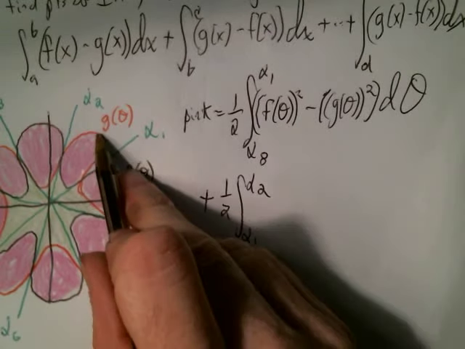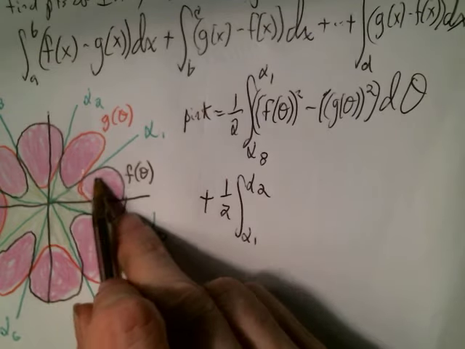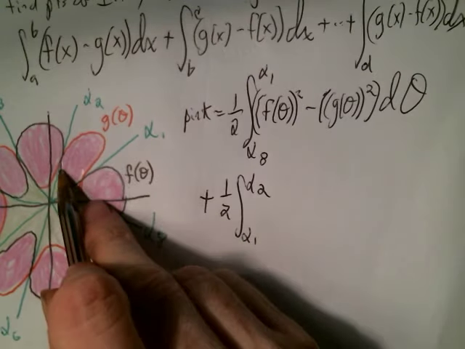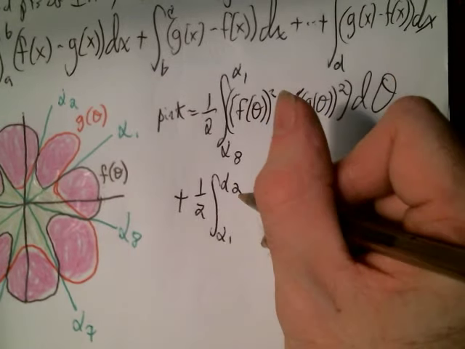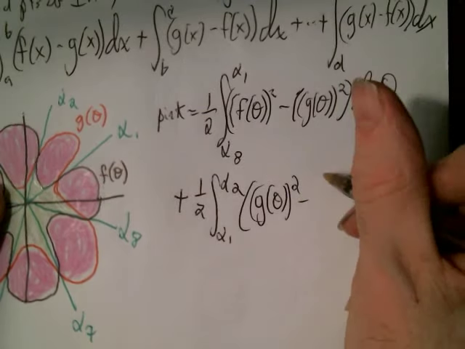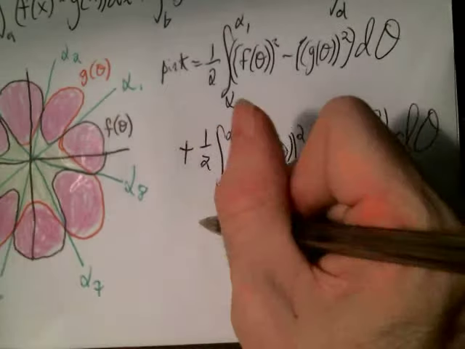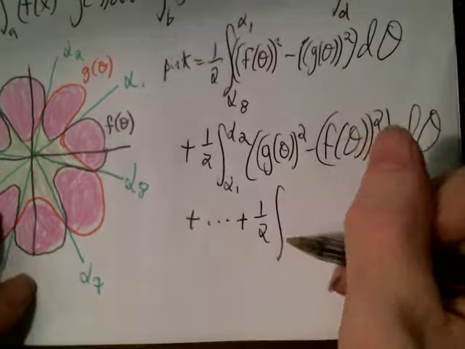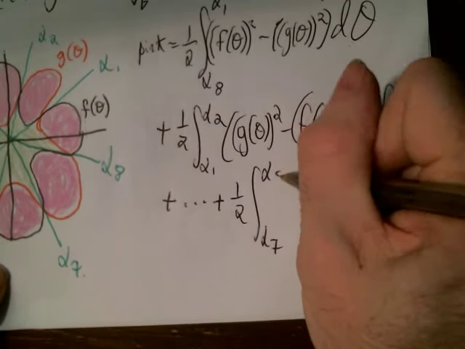And in that region, g of theta is on top, and f of theta is below. So it's the area in here minus the area right here. Okay, so it's going to be this time g of theta squared minus f of theta squared d theta. And you keep on going on and on until you get to the 1/2 integral from theta alpha 7 to alpha 8 of